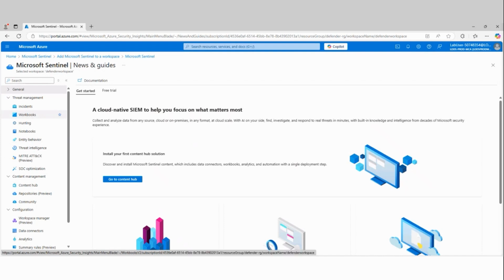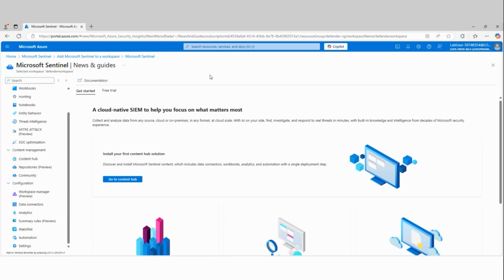Now, in our next module, we'll get more into pulling data in and analyzing it. For this demonstration, we're going to look more at the initial setup of everything that we need to get our environment running. So the next thing we're going to do is look at data retention. Let's talk a little bit about data retention. In our presentation, we talked about it, but let's walk through how this works.